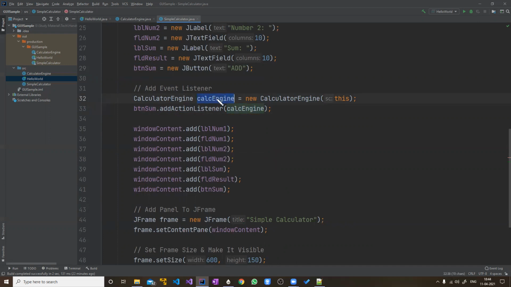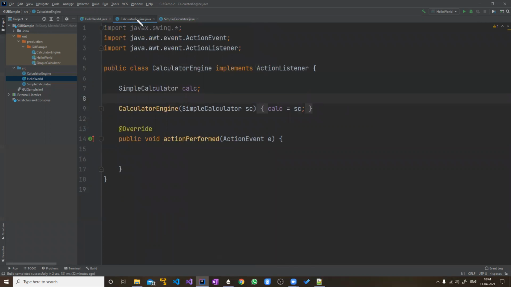So what is the calc engine object? It is an object of type calculator engine. It is defined here. Whenever that action is performed, this actionPerformed method will be called. And right now, nothing happens here. So we'll write this code here.